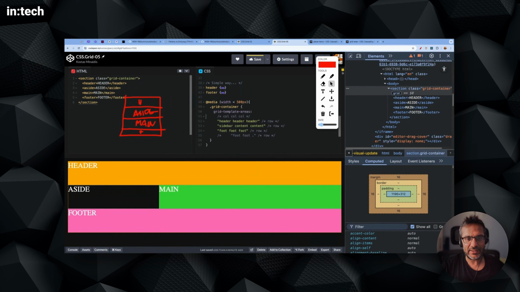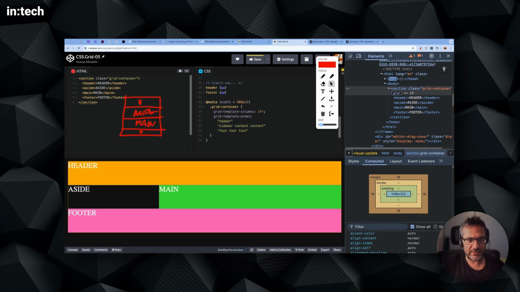So in here, first of all, I need a single column. So grid template columns, this is plural, right? So I need a single column, and the areas would be just